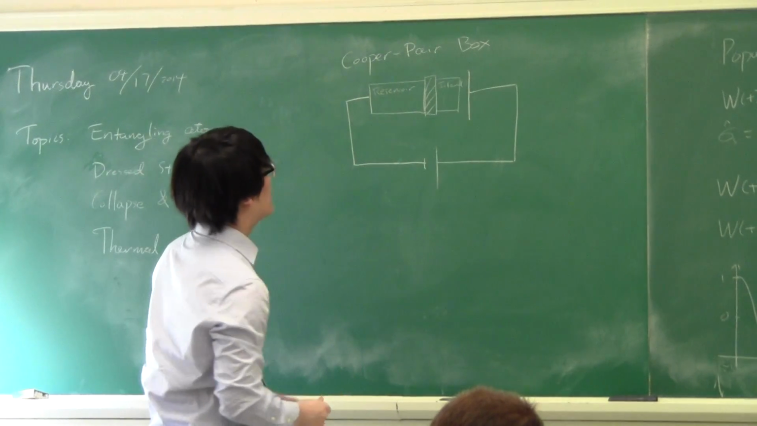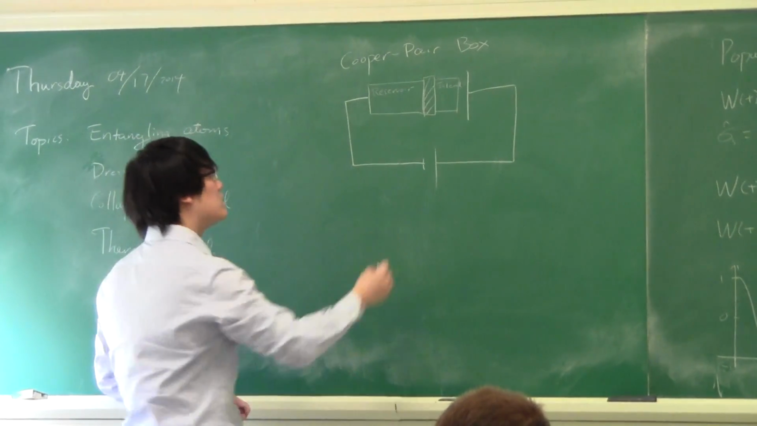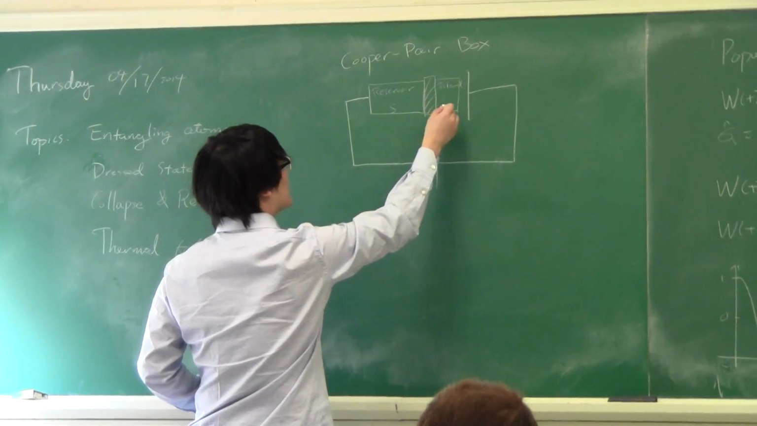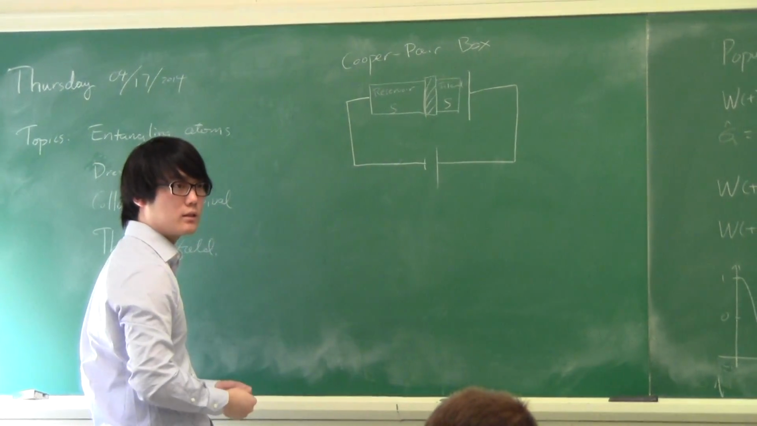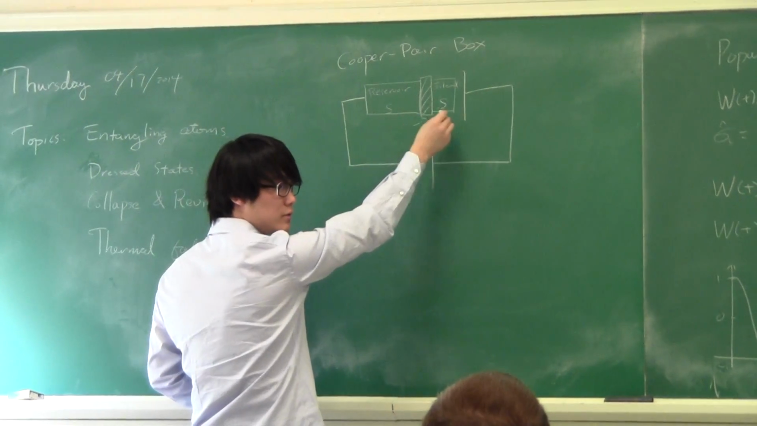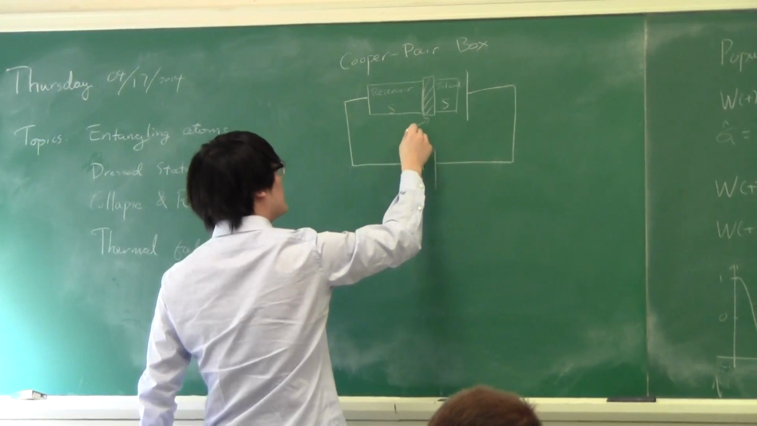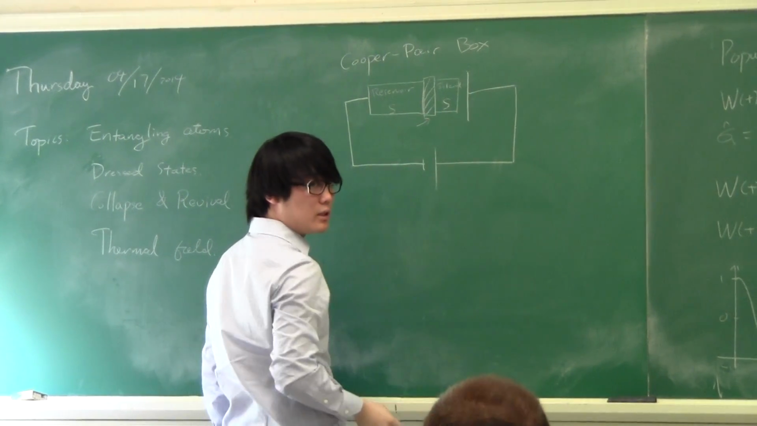And this is connected to some external source. So this part is superconducting. This part is also superconducting. And then this insulator here. So this forms a Josephson junction, as we talked about, an SIS interface. And this junction over here, it has a